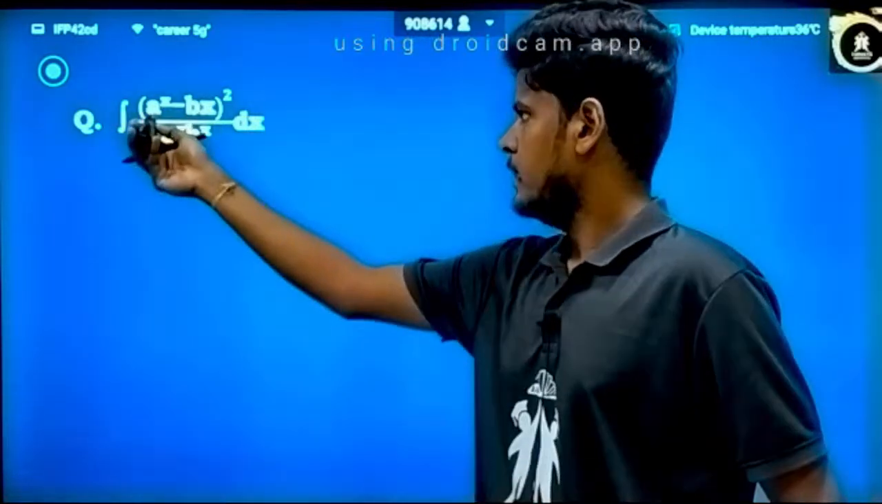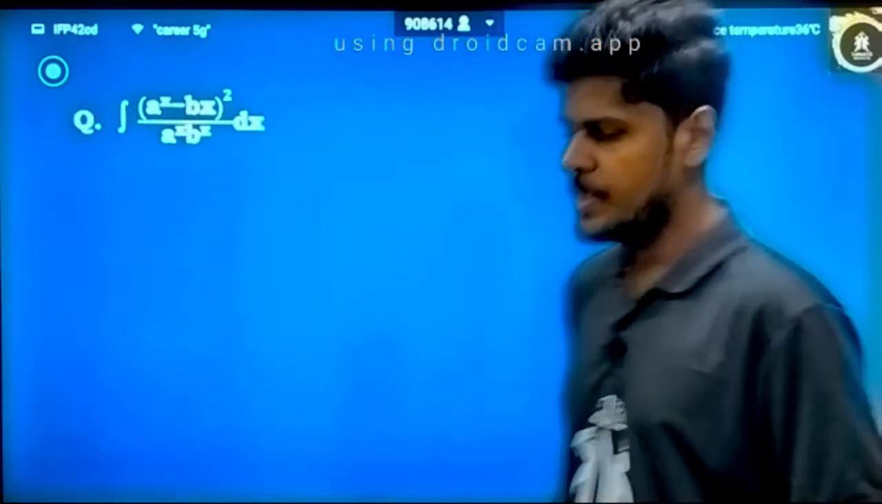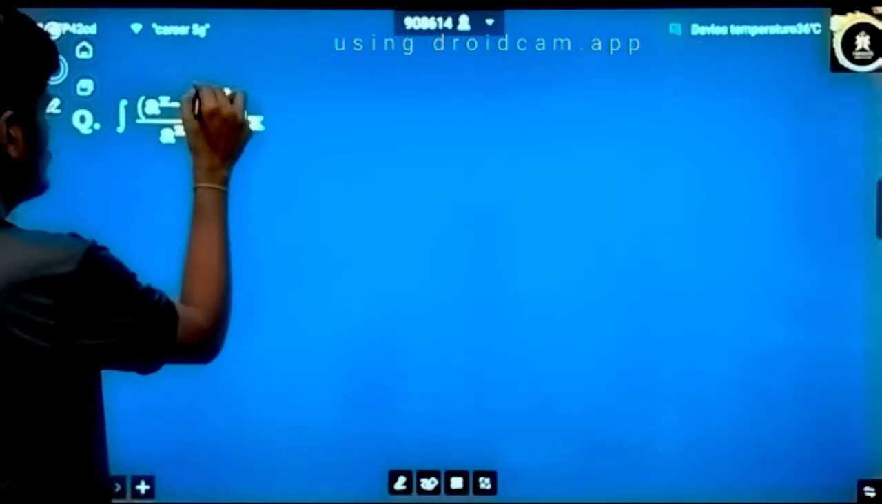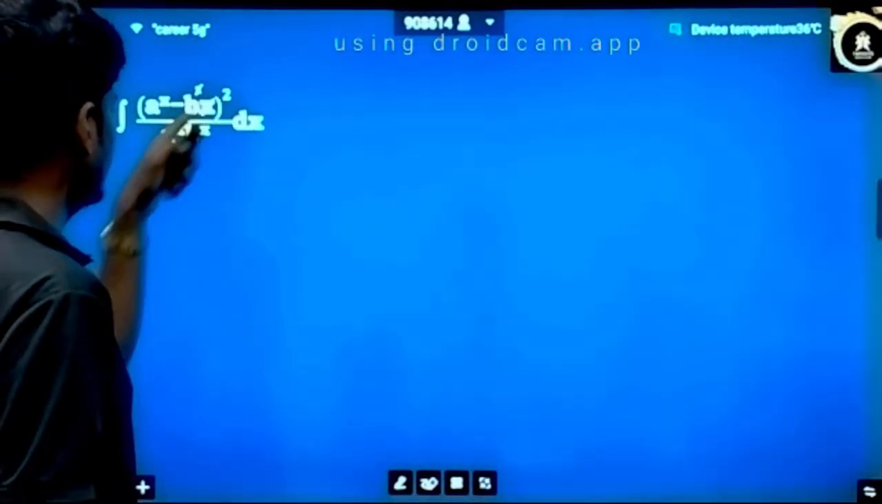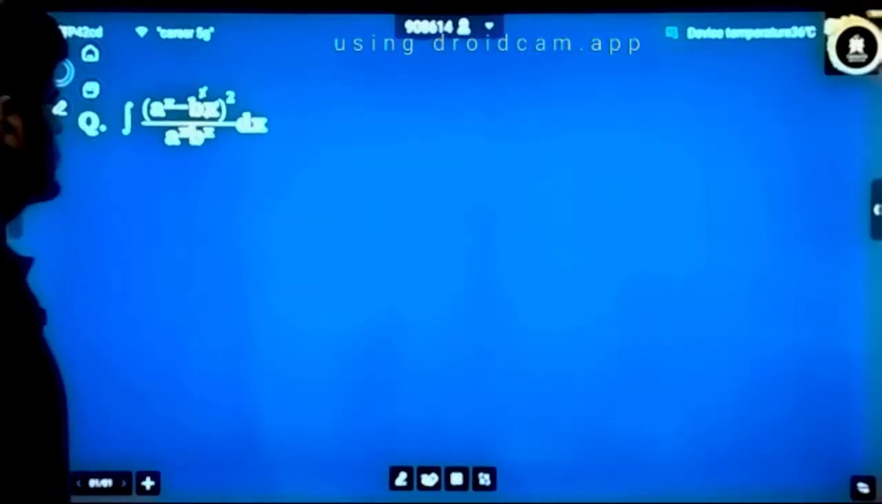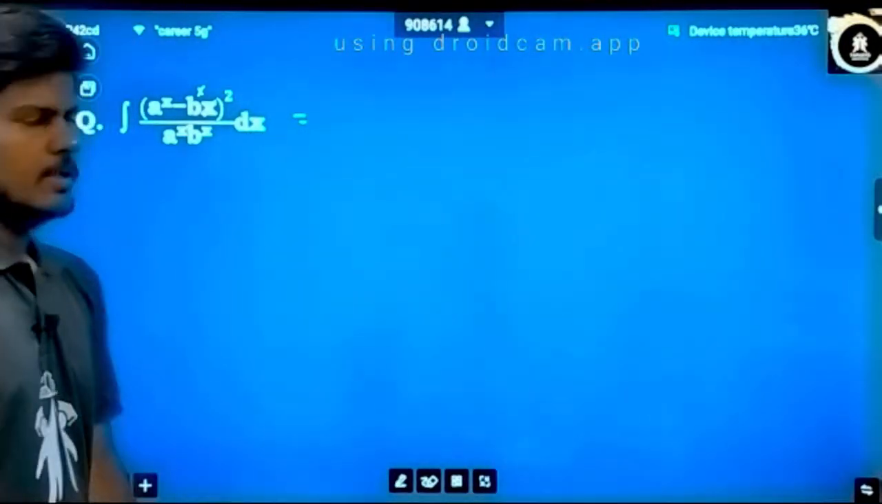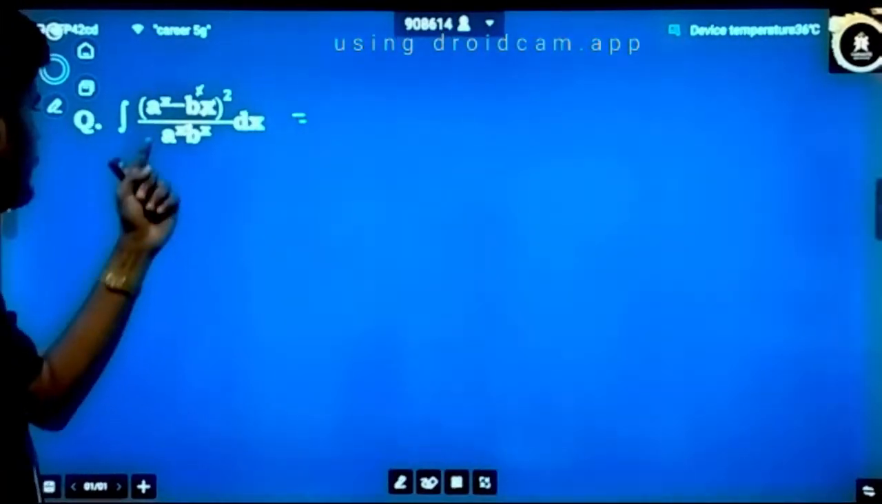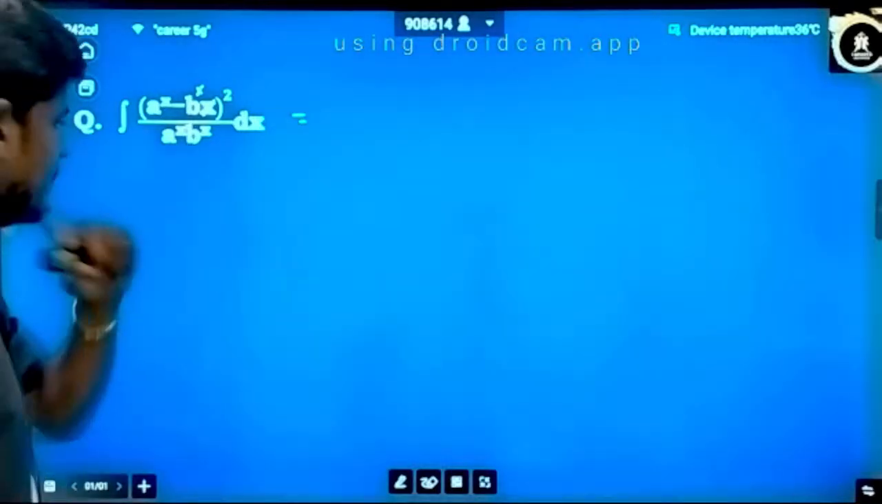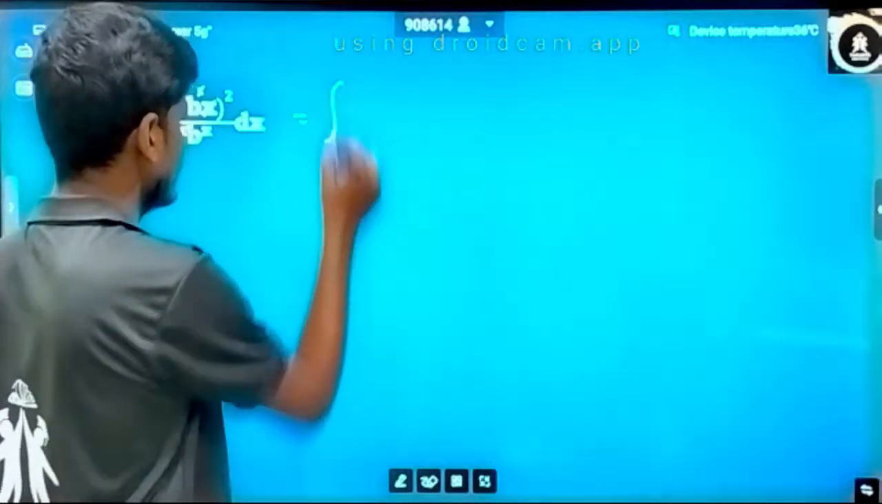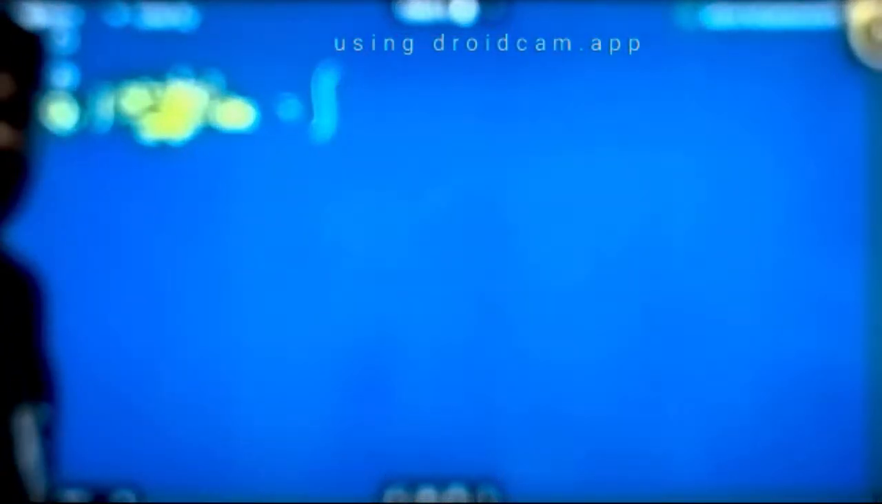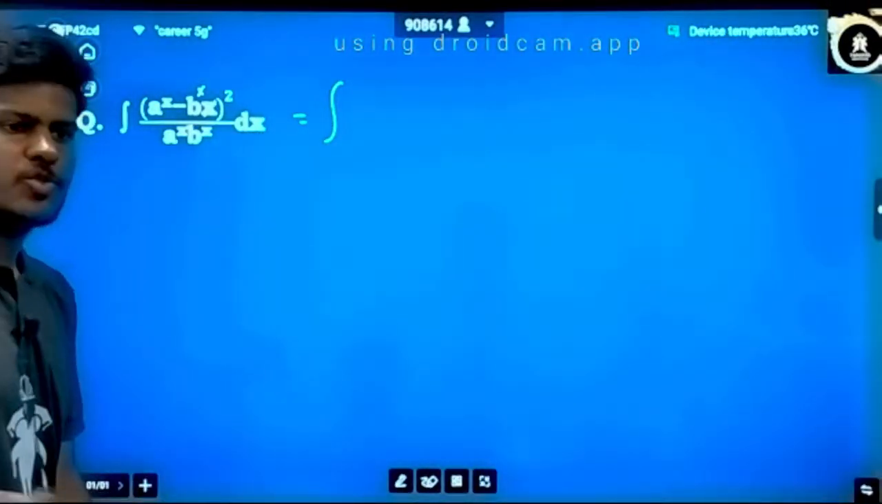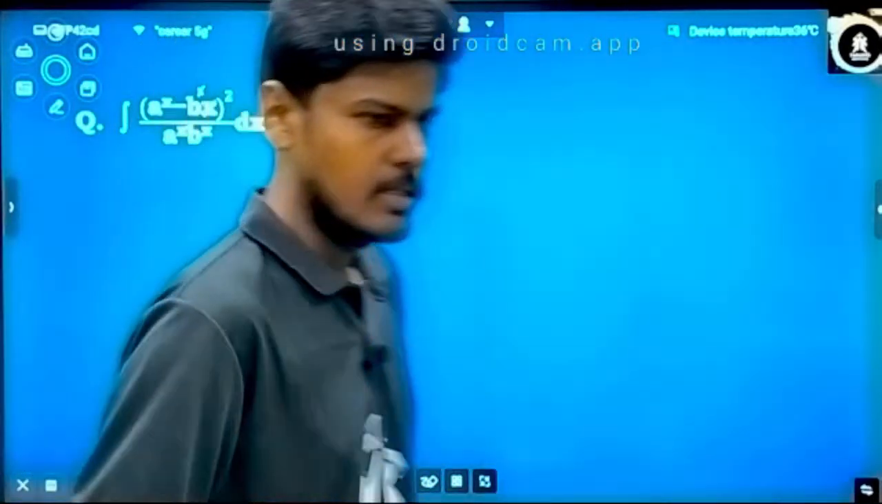Next question is integral of a power x minus b power x whole square divided by a power x into b power x. Okay, what we need to do, students? First, we have a square term and it is in product quotient form. So first step is to expand this and try to divide this. See what happens. So this will be integral of a minus b whole square is a square plus b square minus 2ab. So we will get